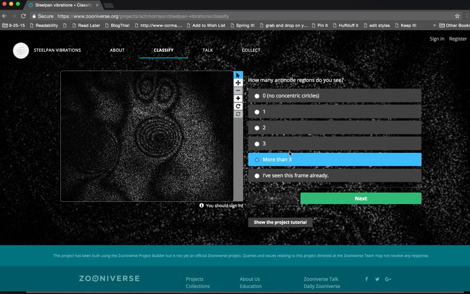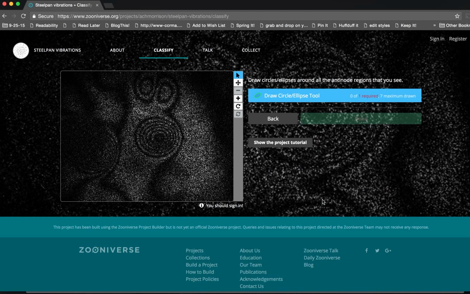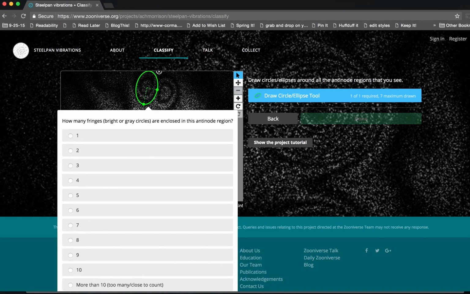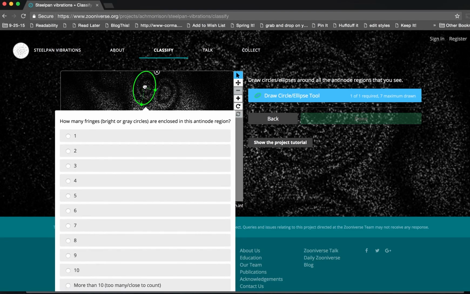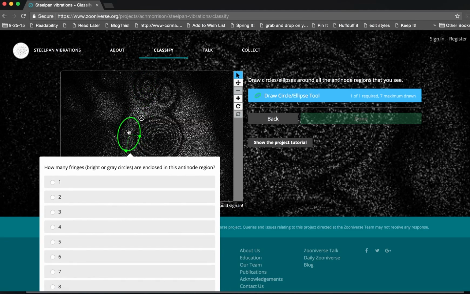And then I'm going to go to the next task. And the next task is to draw circles or ellipses around the antinode regions that you see. So I'll just do these first. I'll click and drag my tool, and then I'm going to resize the ellipse to be around the outside of it. And in this image, there's